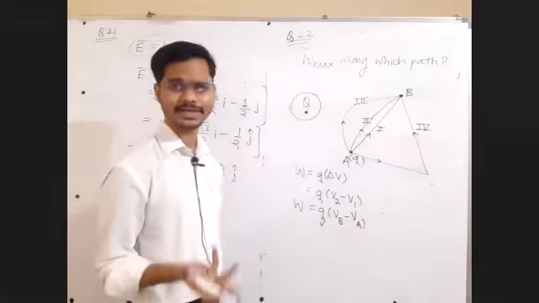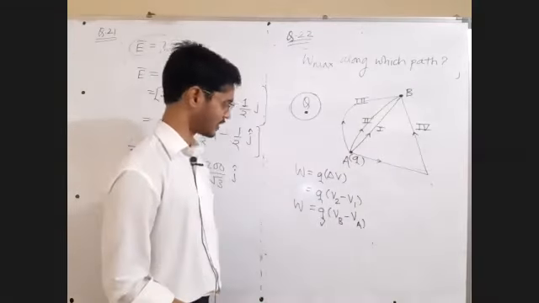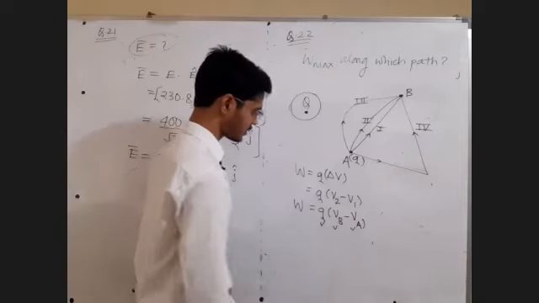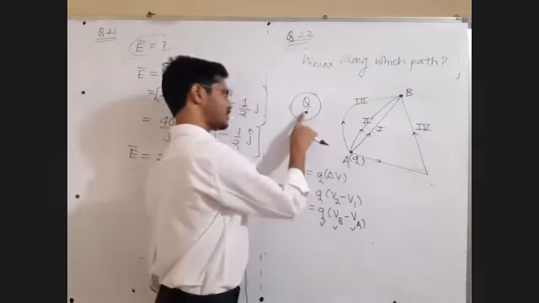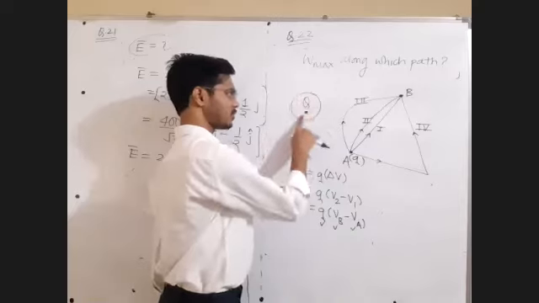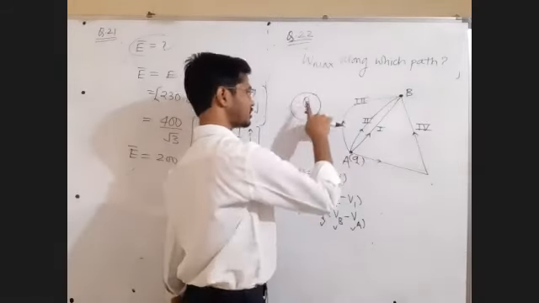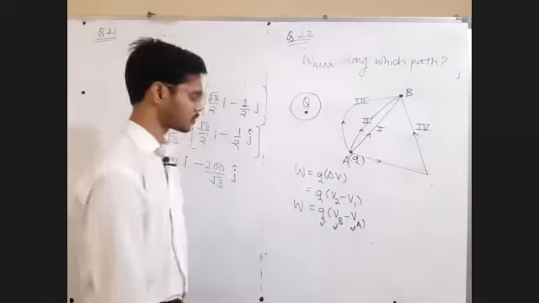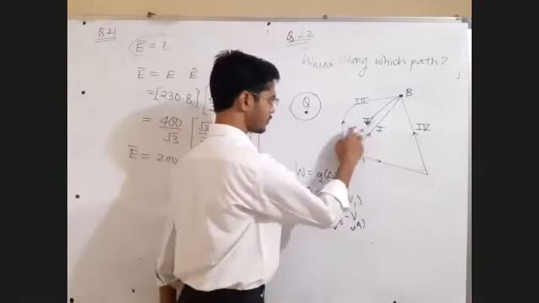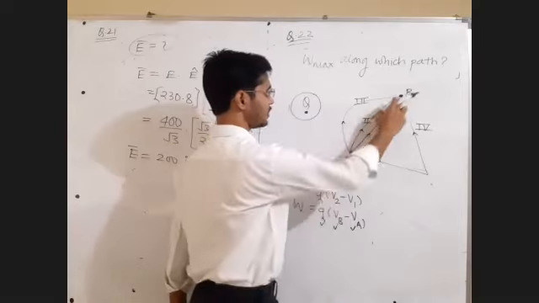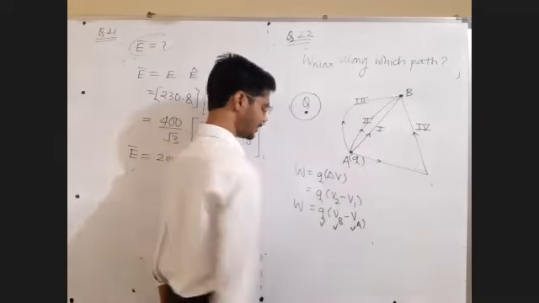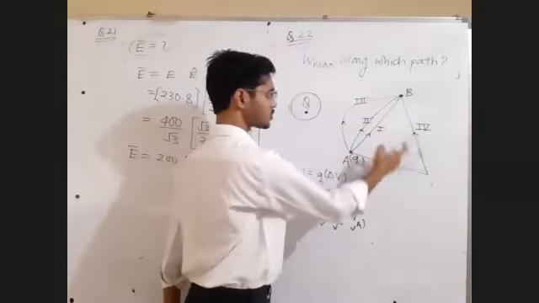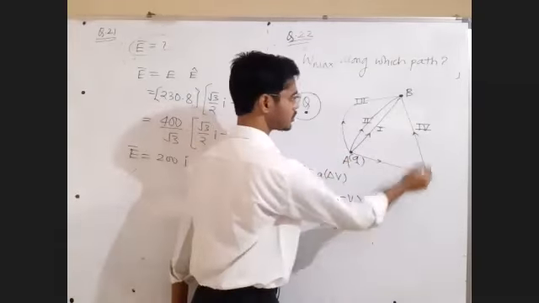Where is the path data? What is the relation of path? There is no relation of path in this. Potential at point A will be decided by this charge system. Potential at point B will be decided by this charge system. So VA and VB are already pre-decided. Those values do not depend on the path. The value of VA and the value of VB are not dependent on the path. The value of charge is also the same, because the same charge is to be moved.